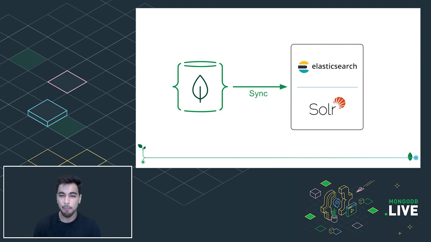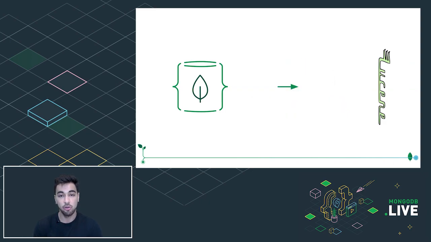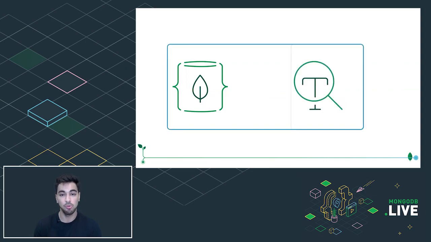And really the magic behind full text search comes from Apache Lucene. And Apache Lucene is going to be an open source, highly performant full text search engine. And what we've decided to do is integrate that directly within the Atlas ecosystem. By doing that, we provide you with native full text search capabilities on top of your MongoDB data without the need to manage an entirely separate data store and without the need to define your own synchronization process coming outside of Atlas.